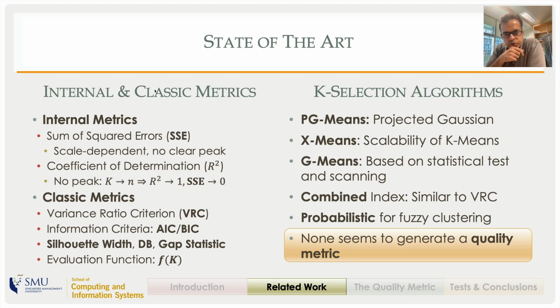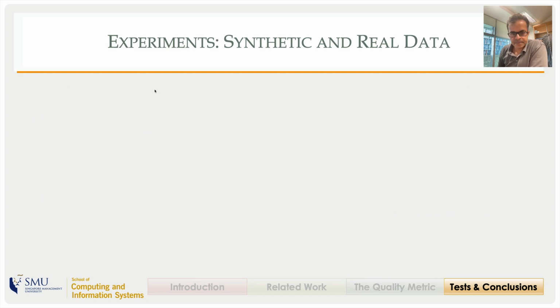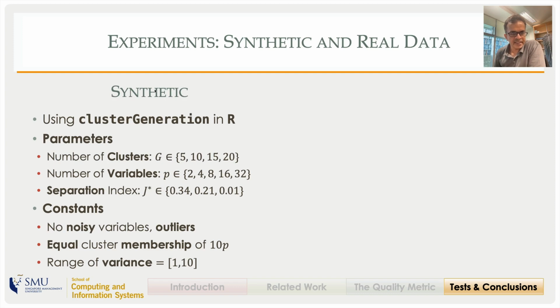The one that seems to do best seems to be VRC, the Variance Ratio Criterion. It has good properties because the right K would be a maximum in that distribution of a VRC, which is easy to find automatically. Secondly, it is easy to connect that to SSE and R square, and that is good from a pedagogical perspective. In order to perform the tests on these various metrics, we generate synthetic, simulated data,